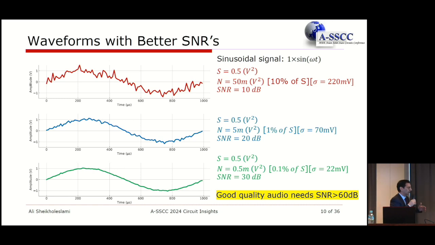Now, if I go and increase it one more time, this time by a factor of 1,000, so signal is now a factor of 1,000 more power than the noise, then you see the green curve, and it looks very good. But believe it or not, even if you listen to this, you will notice that this is not a good audio. The audio that you're using in your headphone today, they are giving an SNR better than 60 dB.